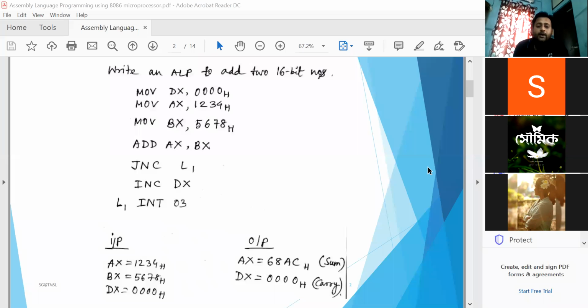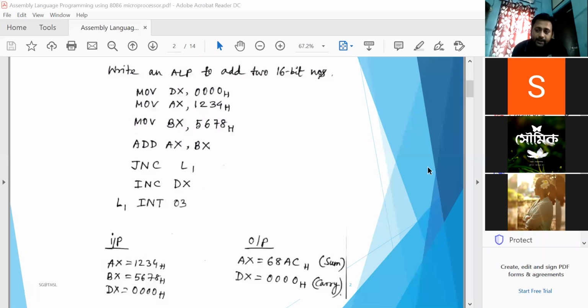Is this the function of INT? INT 03 is an interrupt. It's a software interrupt, like we used in 8085, that is RST3. What was it? It's a software interrupt. RST3 in 8085 was a software interrupt, and RST means restart.